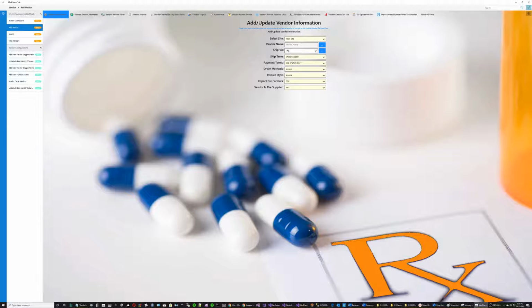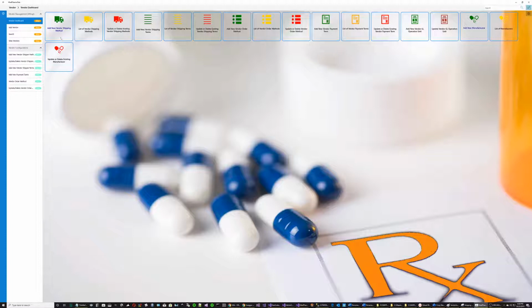So again, Supplier, it's the way things get delivered to your facility, your site. The supplier may have some other company that does the delivery for them, or the supplier may have their own delivery. So you can physically go in and add the ship via and actually configure it. I'm going to switch. You can do it right here, but if you go back to the dashboard, we have,